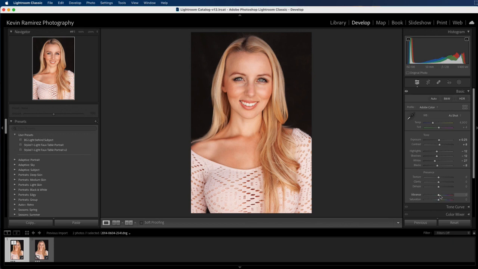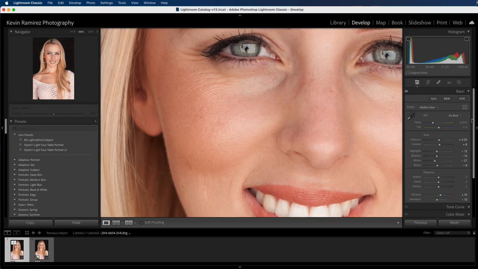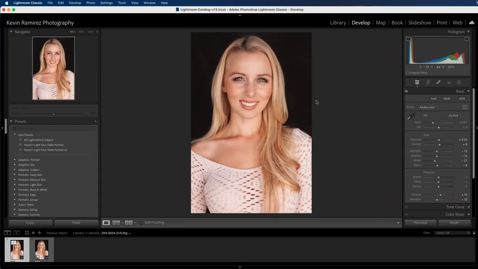Okay, so I'm going to increase the vibrance to counterbalance that adjustment. I'm going to pull down the saturation. So before, after, zoom back out and do it again, before, after. It's taking out some of the red orange on the skin, where it's starting to get a little bit too reddish orange,